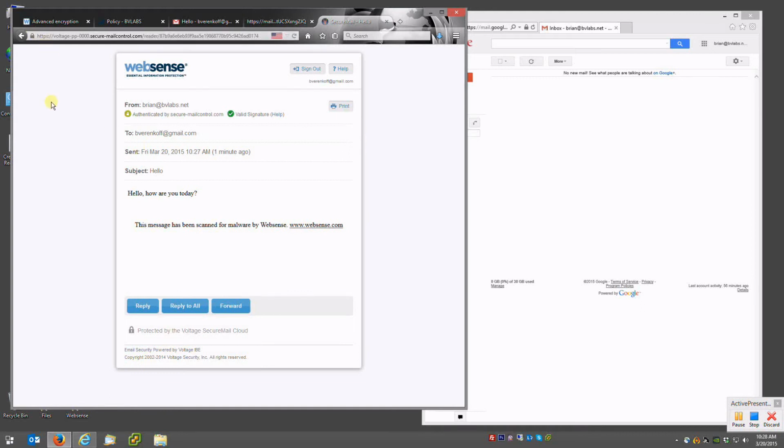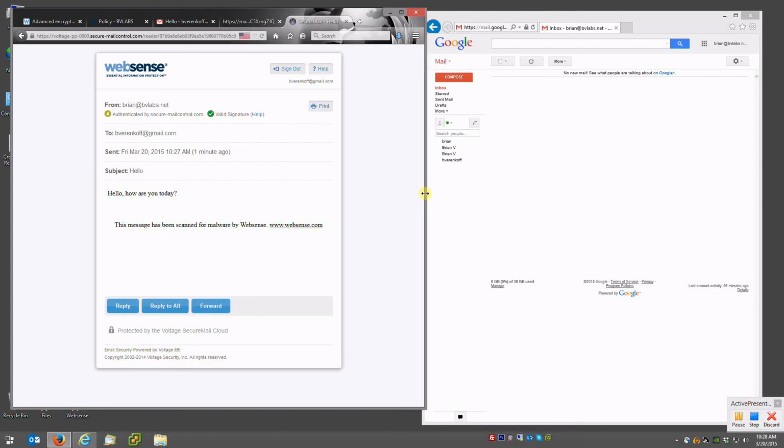Again, this is all over HTTPS. So now we're no longer relying on the unknown email connections to communicate. Now all the communication, regardless of servers or devices connecting, is protected over this secure HTTPS channel. And then they see the email here. So you can see it was from me, it was authenticated, it's valid, and you can see, hello, how are you today? And as I said, again, the advanced email encryption allows this recipient now to reply back to